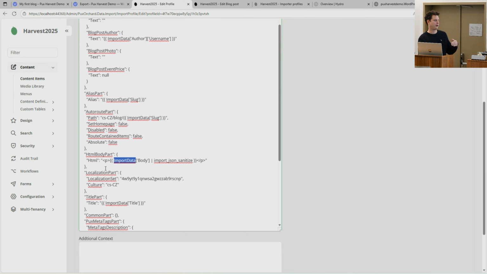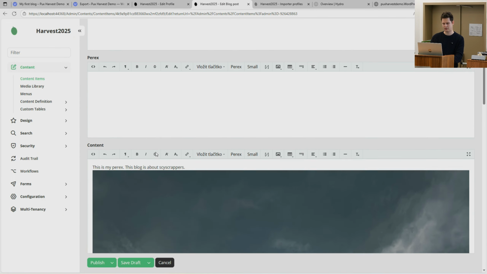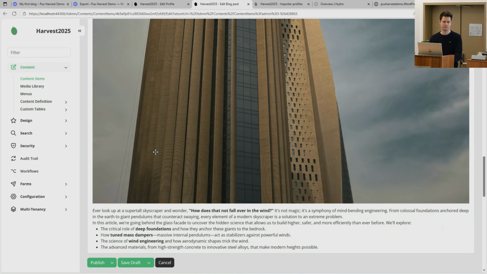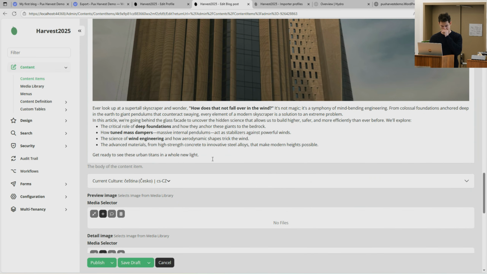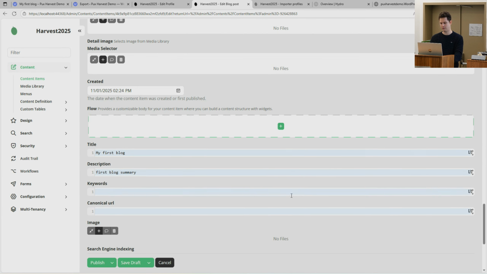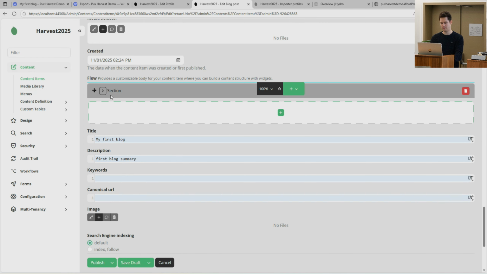In the real world, we would probably take a close look at the body, try to parse it, and split it into widgets, which would result in a more dynamic and real-life looking page, as everything right now is in the content field, which is not ideal. We would usually have defined widgets in the flow and we would store the image in,